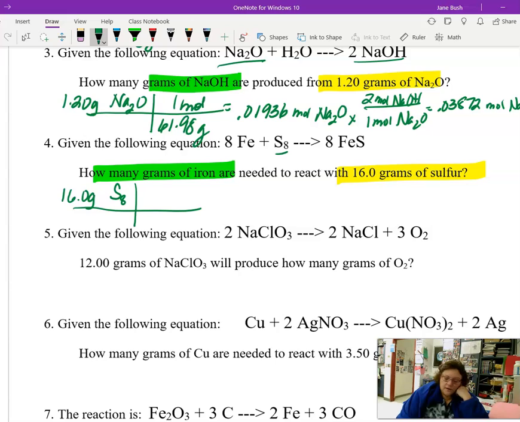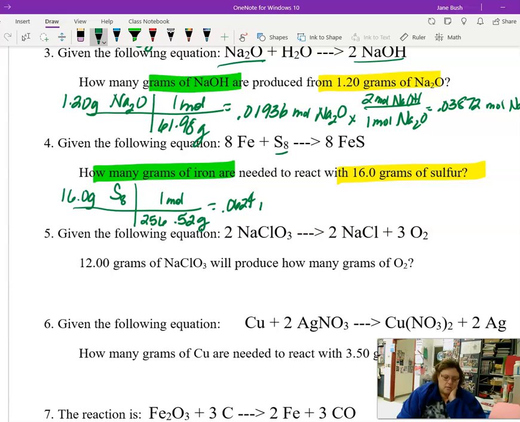So we can't just divide by 32. We have to divide by the molar mass of S8, which is 256.52 grams in 1 mole, assuming I did that correctly. And when we do that, we get